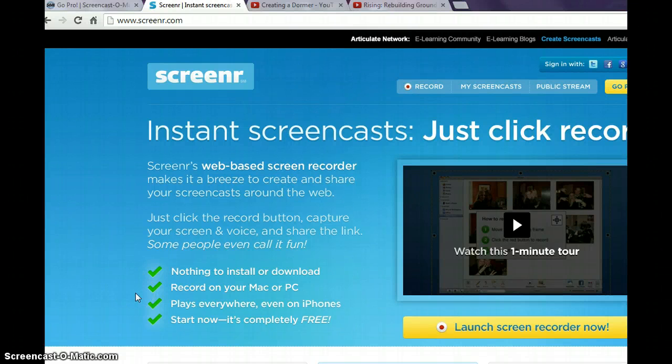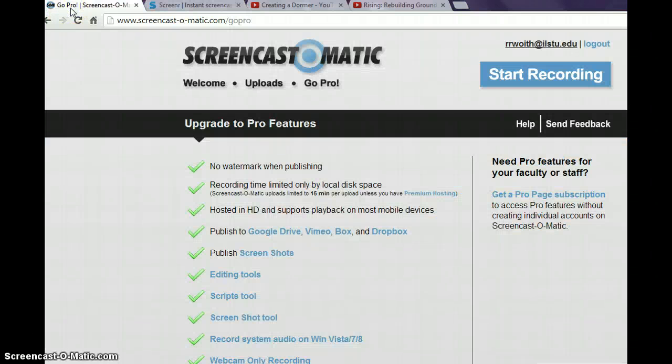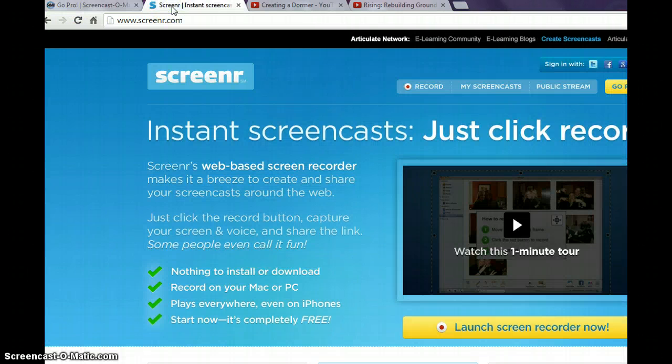Now that we have discussed what one-to-one is, and we've also discussed briefly what a screencast is, now I'm going to give you a brief demonstration on how to use a screencast. The first one I'm going to show you is screenr. The second one is screencast-o-matic. If you're wondering, I'm using the screencast-o-matic now, and you can tell that by the little yellow circle that is